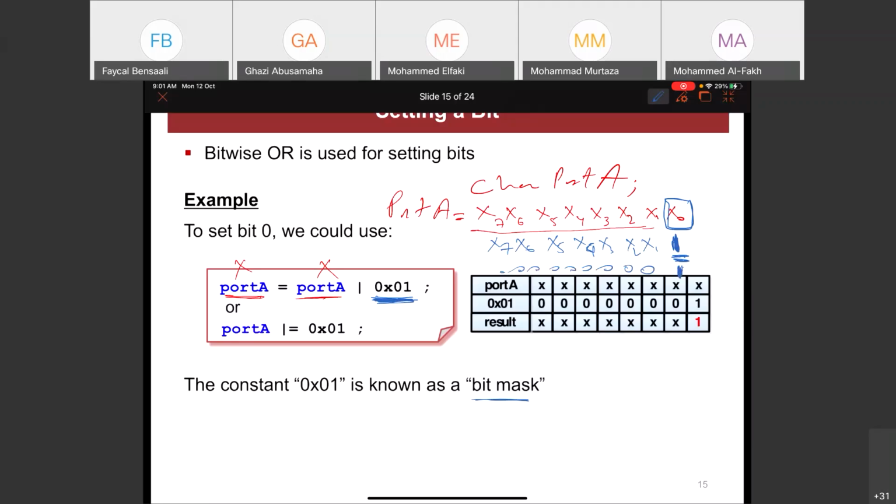It's an OR operation, so I'm doing this OR with port A. This is what I want to do: X0, X1, X2, X3, X4, X5, X6, X7, logical OR with 1, 0, 0, 0, 0, 0, 0, 0. So what do I get in the first bit? If x0 is 0,